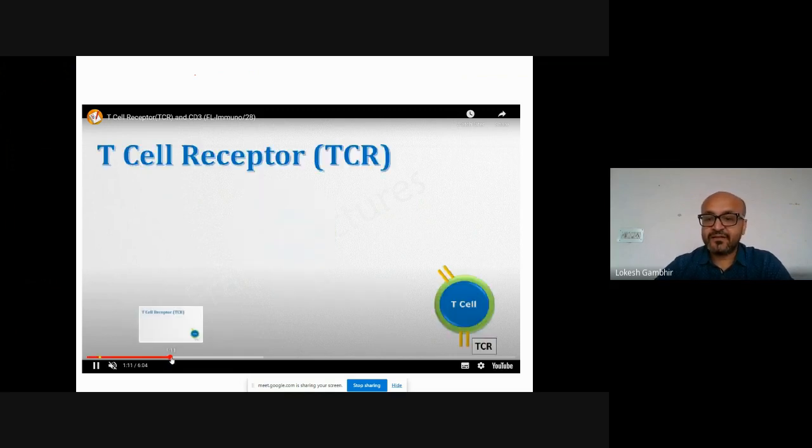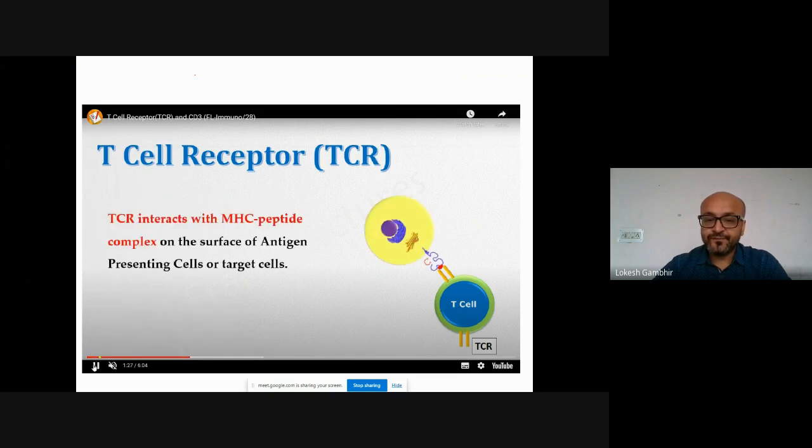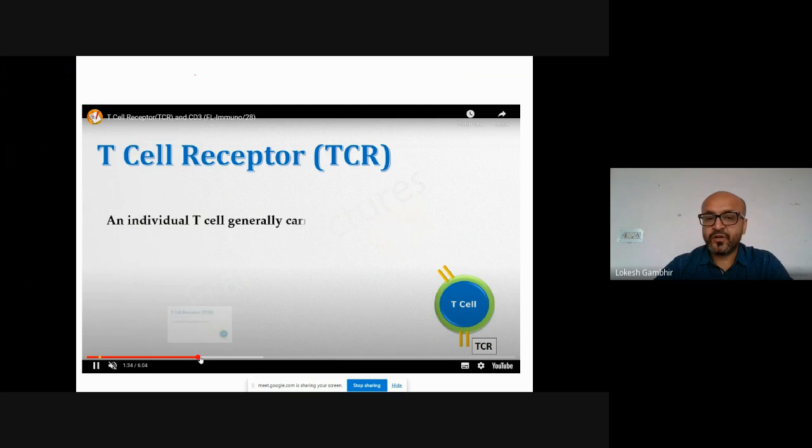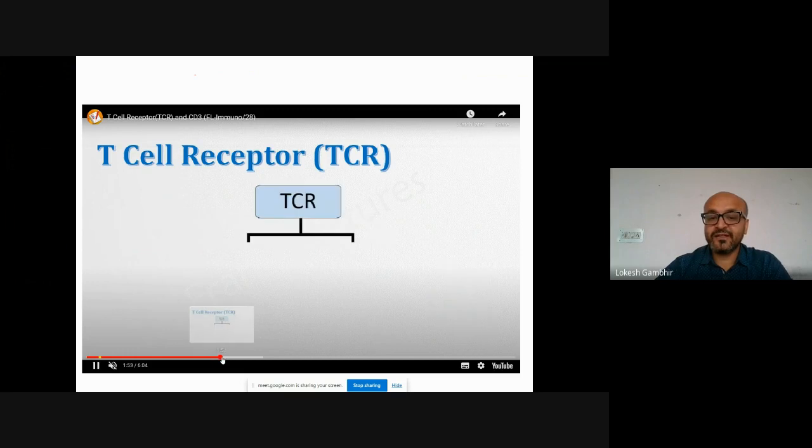So, when the T cell receptor is being formed, what happens? It recognizes the MHC molecule which is presenting the antigen. You see, the red color antigen is presented by the MHC molecule of antigen presenting cells. Now, antigen presenting cells may be dendritic cells, macrophages, or B cells, depending upon what type of immune response we are talking about. So, we have thousands of identical copies of T cell receptor, and